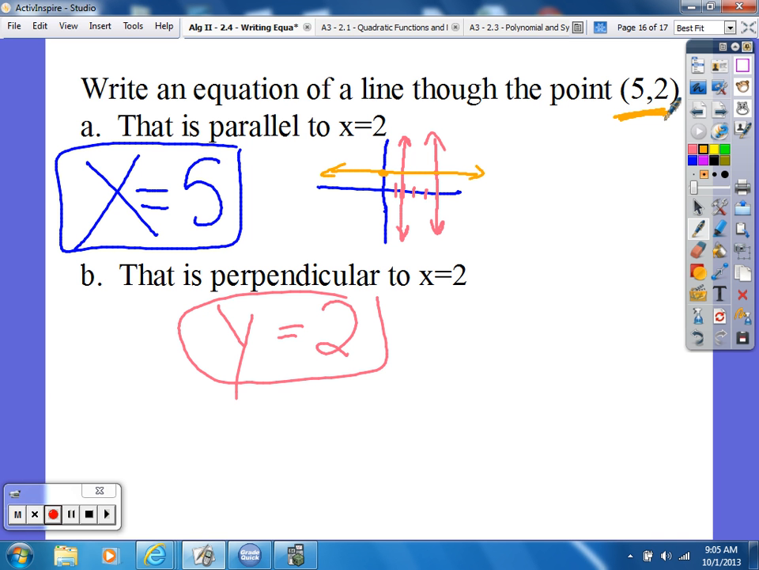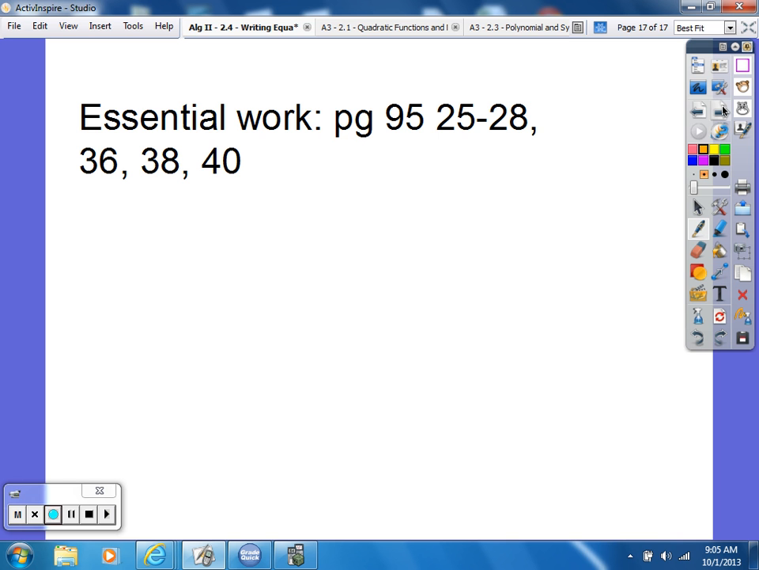All right. Top right-hand corner goes your first and last name. Underneath there, period 2. And here are your essential word problems. 25 through 28 is all. Those are the parallel perpendicular problems. Then you have 36, 38, and 40, and there's about